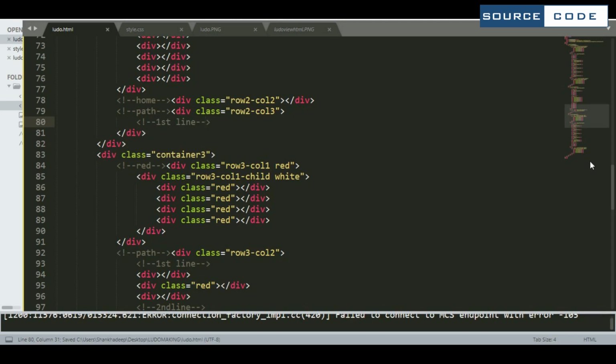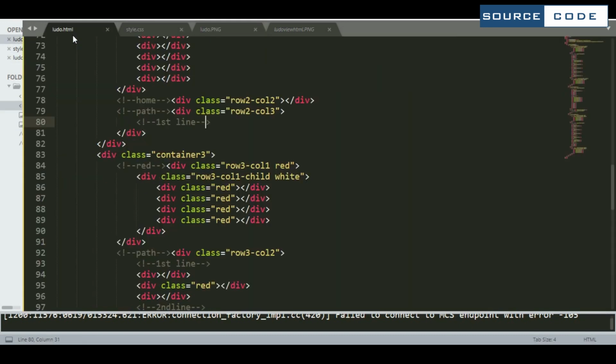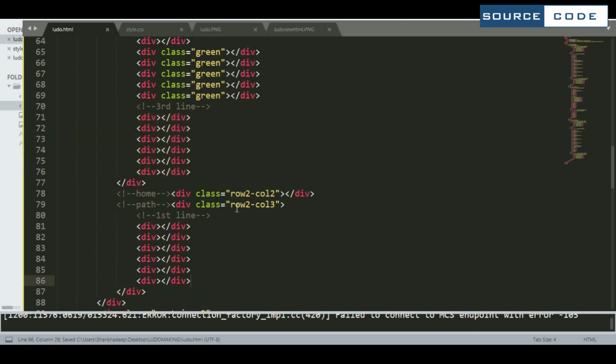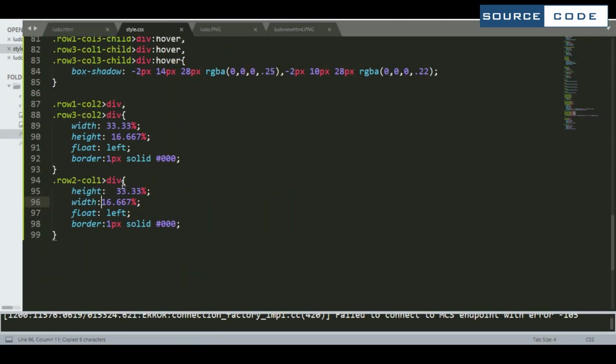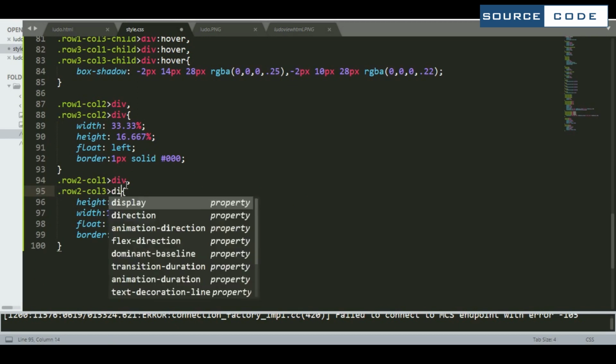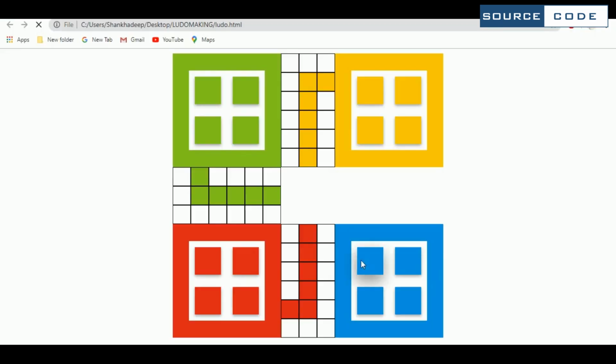So in the first line, if you see here, we are having all as white only because they are having no color. So what I'm going to do is just copy this one. So first of all we have to set the dimension. So come to the CSS here. Now let me show you the output, how it is coming. So as you can see that we have got our 6 boxes.